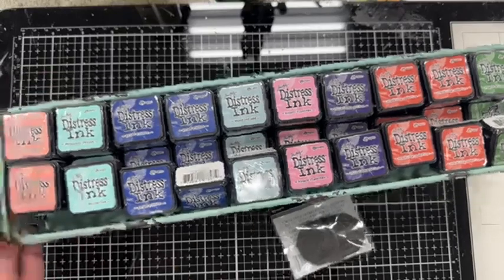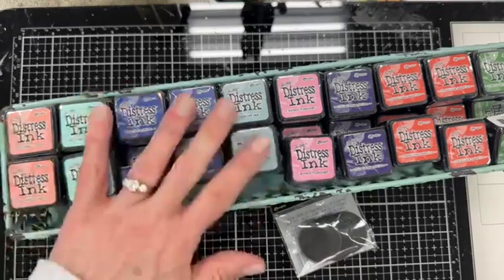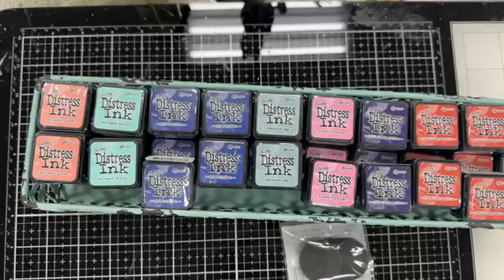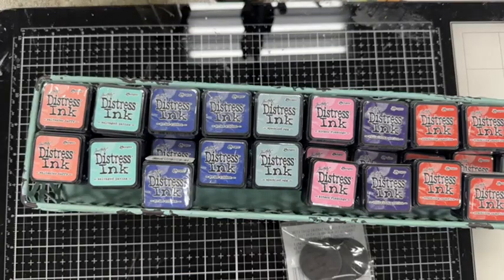First of all, one of the new products that just came in yesterday, and we have them out, are the mini distress inks in colors that have not been available individually. You could buy that little 4-pack, every 4 colors. Tim releases a color combination, but the only way you can get them is buying the 4-pack. These are now available individually,